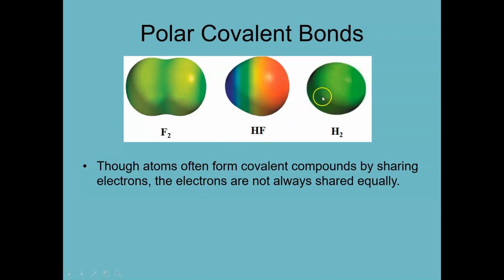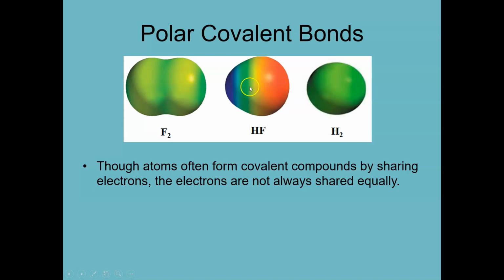I've added this H2 image here, but what these are called are electrostatic potential maps, as I mentioned when I showed these before. They are mapping the electron density in a molecule, and so the hotter it is, the more electron density, the colder it is, the lower the electron density. So you can see in this fluorine-fluorine bond, that is a fluorine molecule, there's an even distribution of electron density. And in a hydrogen molecule, H2, in which a hydrogen is bonded to hydrogen, there's an even distribution of electron